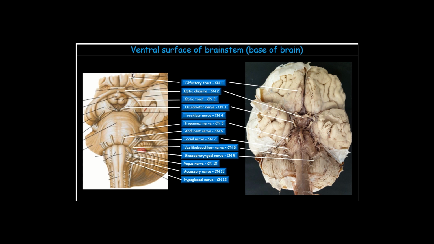So starting from the front over here, this is the first cranial nerve, which is the olfactory nerve, seen at the base of the brain at the inferior surface of the frontal lobe. And we can see that olfactory nerve over here very clearly. Actually, this structure is commonly referred to as the olfactory nerve, but technically it is not a nerve, because what we're looking at over here is actually the olfactory tract,